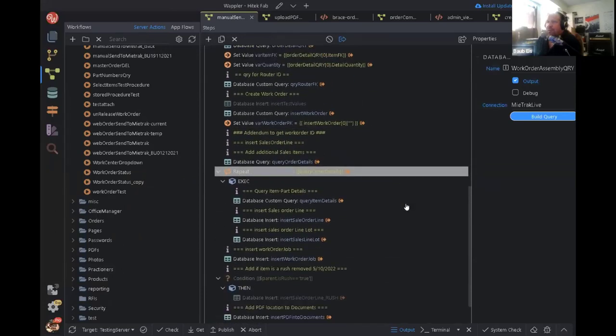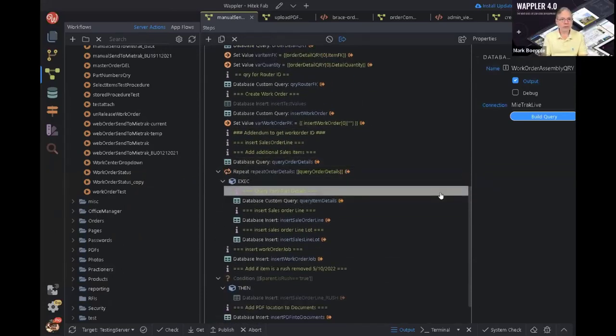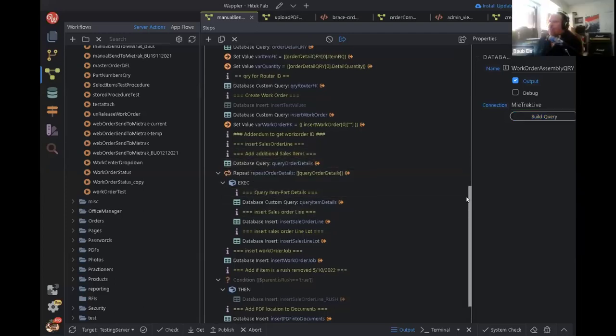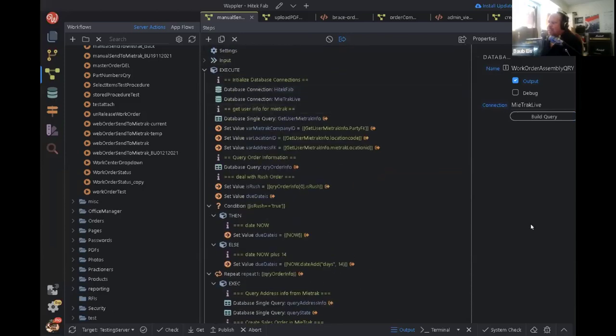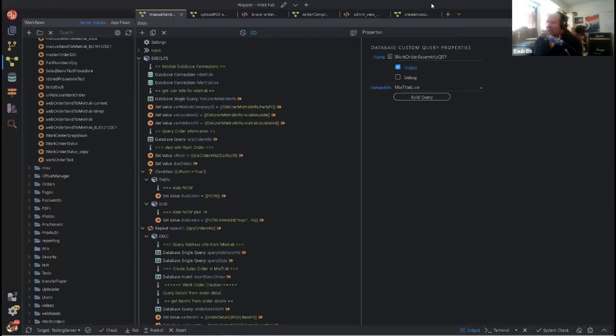Can you explain where and how you use the custom queries and why? Well, okay, so within the MyTrack side of things, this is a database I didn't design, so I'm having to reverse engineer it.